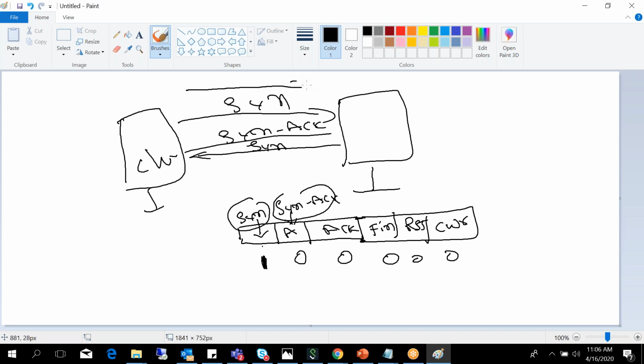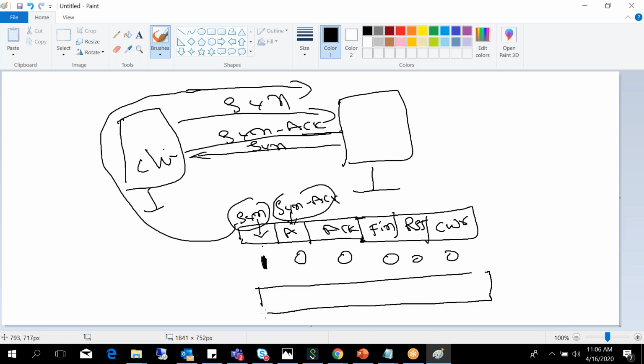So this request will go. Now the server will reply to the client, and the reply looks like this: SYN, ACK, FIN, RST, CWR, and we have another one or two flags also.